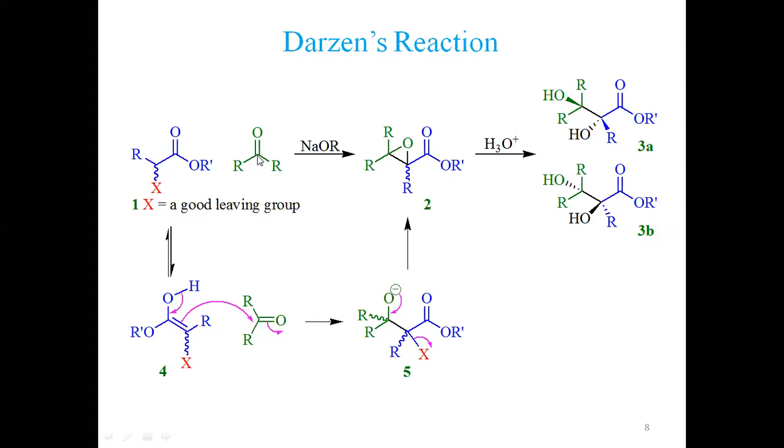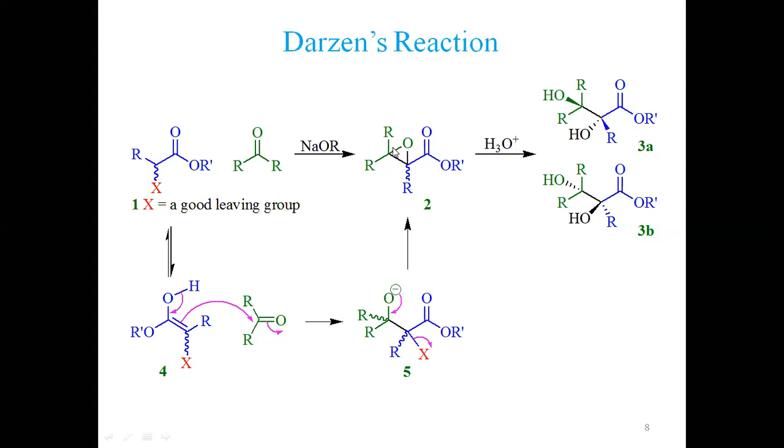Up to here, this is very similar to the Claisen-Schmidt condensation, resulting in the formation of this entity, but additionally it has this leaving group present at the alpha position, which in the Schmidt reaction is not available. So this X group leaves. At the same time, this oxygen donates electron density to this carbon, generating a three-membered ring, which can be ring opened to form an